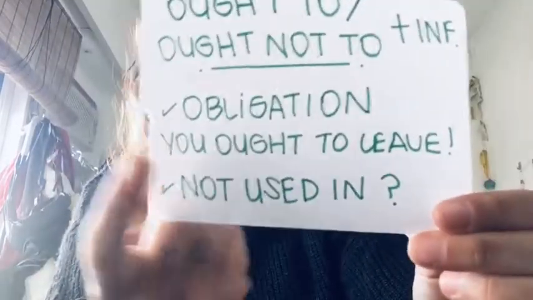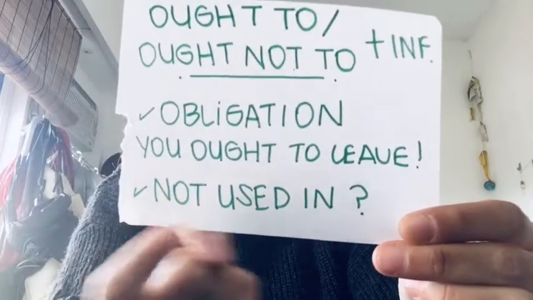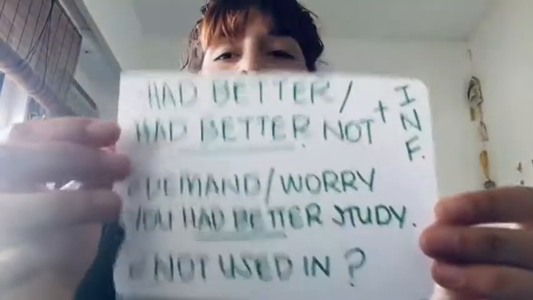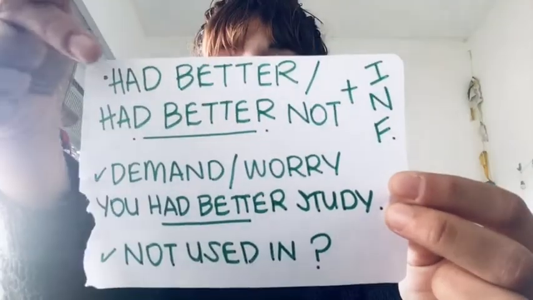And the good news is that ought to is only used in the affirmative and the negative and not in the question form. And then the last one is called had better. Pequeño, acá hago un remark muy importante, siempre lo vamos a usar así, como si estuviese en el pasado. No tiene nada que ver con el pasado, es solo el nombre que le pusieron, así que nunca pongan have o has better. Siempre es had better, es su nombre, se llama así. So, had better affirmative, had better not, plus infinitive, porque estas dos palabras juntas de esa manera hacen un modal